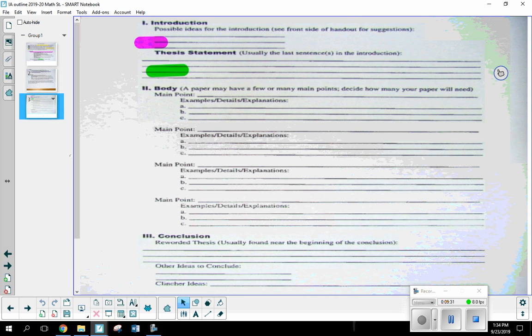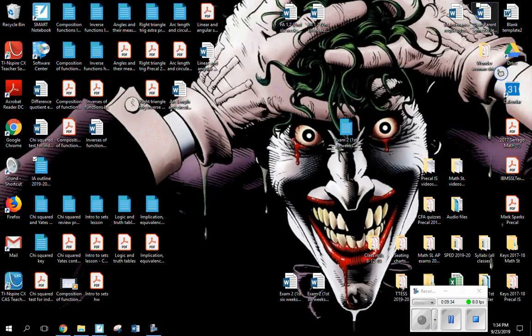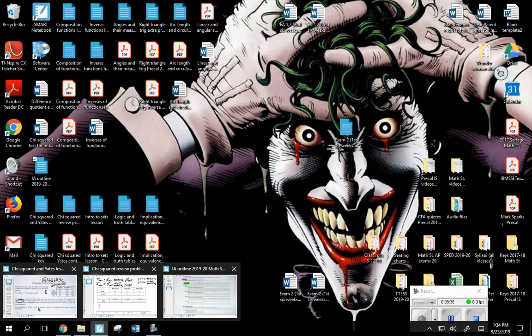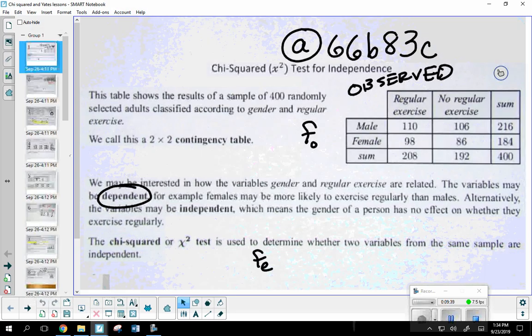All right. Cool. So there is the outline. Perfect. Well, let's go ahead and wrap up chi-squared today, because here's my plan for this week. I want to wrap up chi-squared today. I want to do an additional example to make sure you feel comfortable with it. We are probably going to have a quiz next week. Near the end of this week, I'm going to give you an exit ticket where you'll have the opportunity to work on it together, with your notes. But that's going to carry over into the next 6 weeks. So we'll finish this up today.